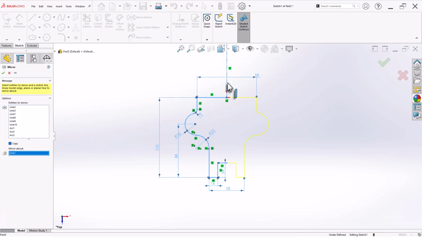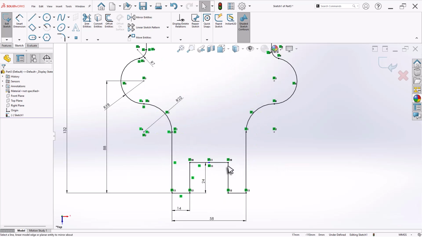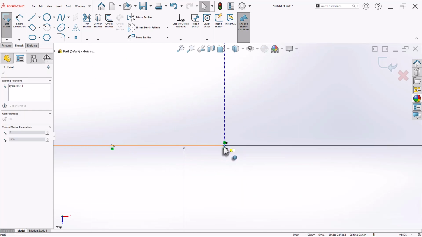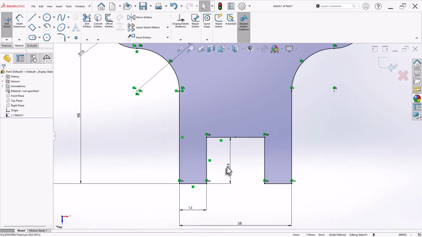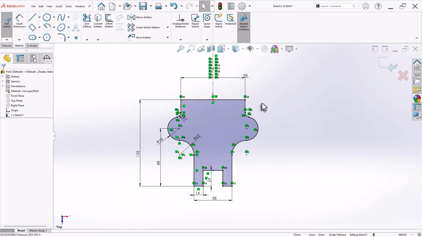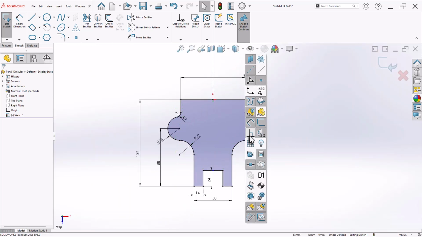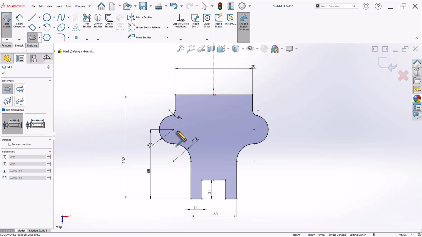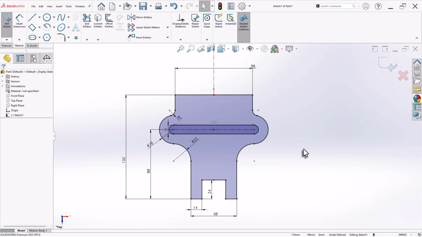Now select the vertical line. Now let's join them to create the region. Okay. Now let's turn off the relationship. Now let's add the straight slot from here to here. Now let's add overall this. Let's cancel this and add